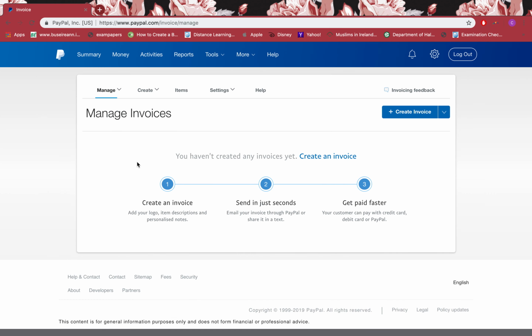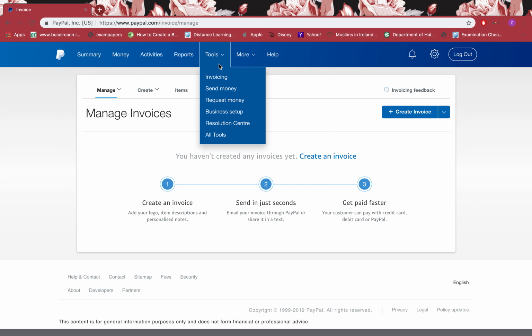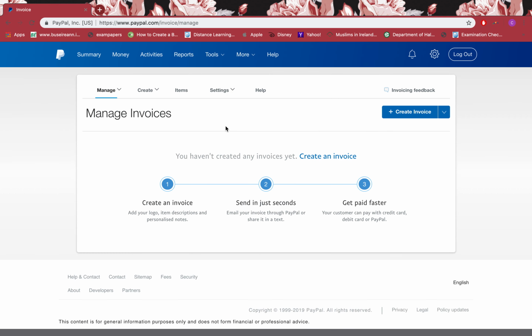I will be showing you how to create invoices in your PayPal. So once you have logged in, I've already done that, you just go to tools, you go to invoicing, click there, and then this screen will appear. Now if you want to create invoices for your customers and stuff like that, you can just simply go to